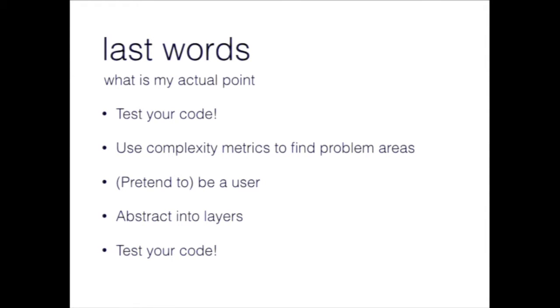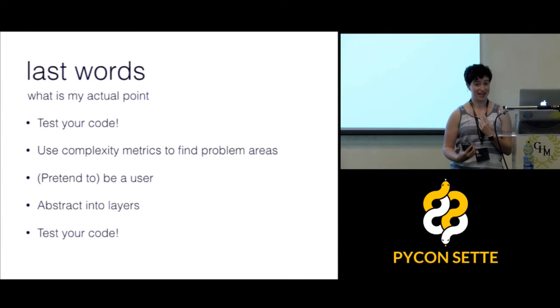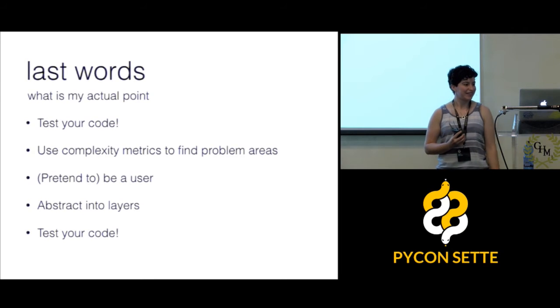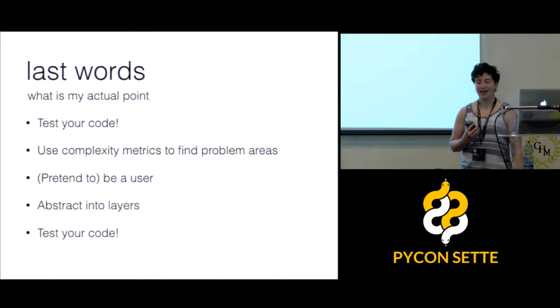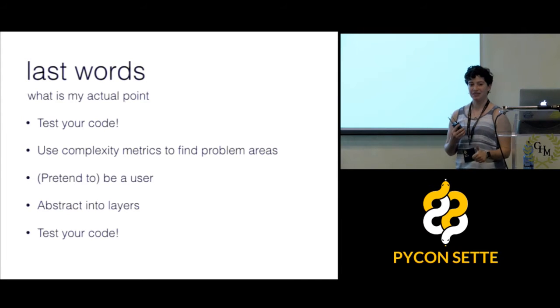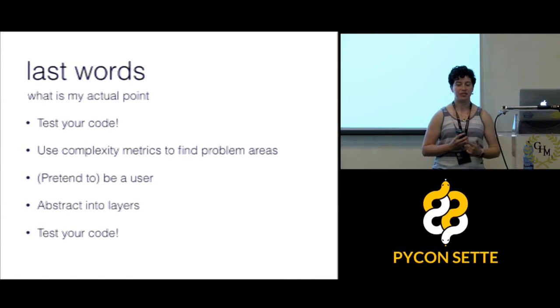I intended this talk to be mostly thoughts about refactoring personal projects, especially through the lens of my own project. So here they are, the 5 steps to good project design according to me. Accept them at your own discretion. 1, make sure that your code is tested because you'll find bugs. 2, try using even really simple metrics, just like number of tabs, number of commits. Use simple metrics like that to find complex and unstable parts of your code and target those areas first.